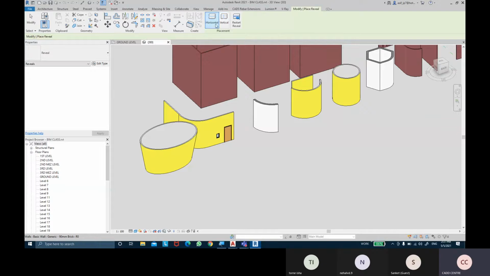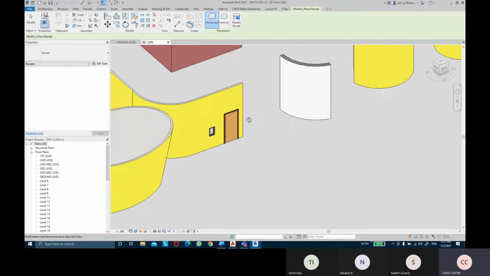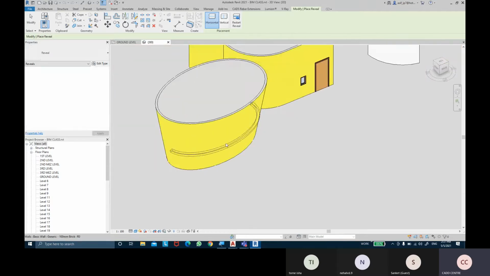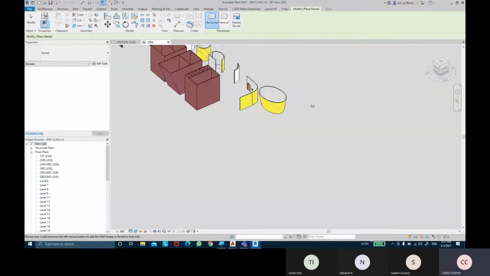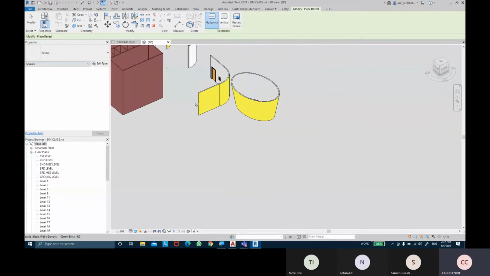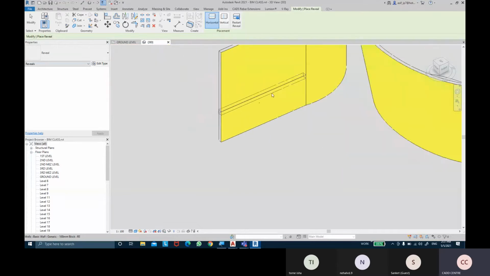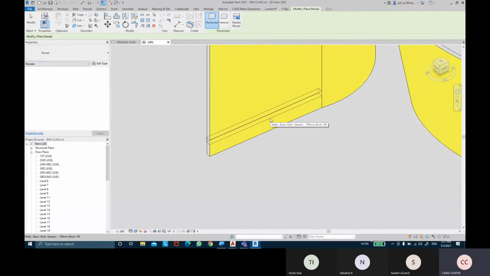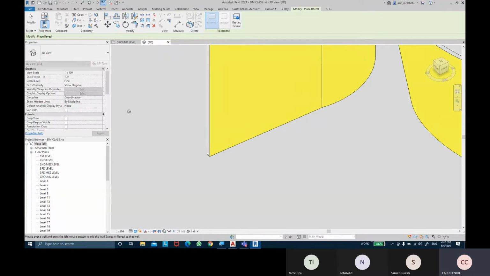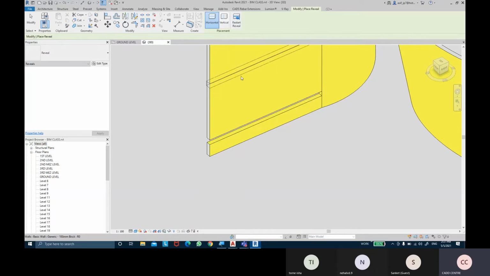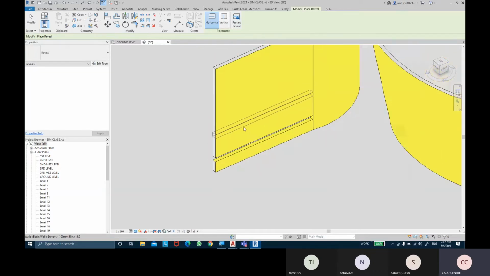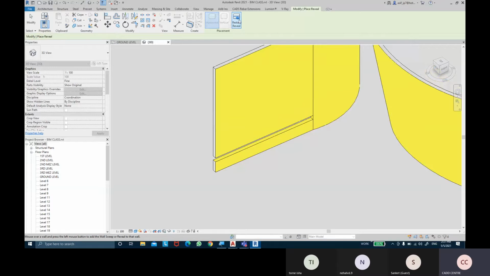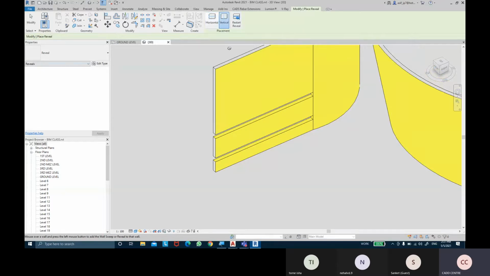Supposing I want to place it horizontally, I'll select horizontal, and then I have to select on which face of the wall I want to apply the reveal. Do I want to apply it on this face or the internal face, or on the other side of the wall? Supposing I'm going to apply it right over here. When I click it, you can see, and if I click on restart reveal, it will restart again, and I can apply the second one right over here. Once again restart. If I want verticals, I can take verticals as well.